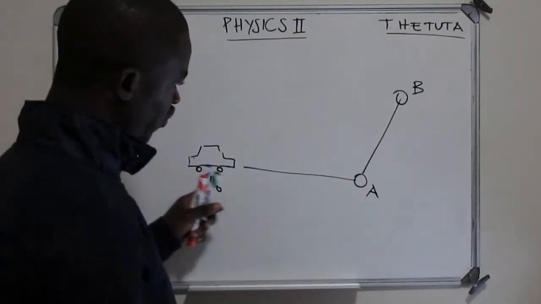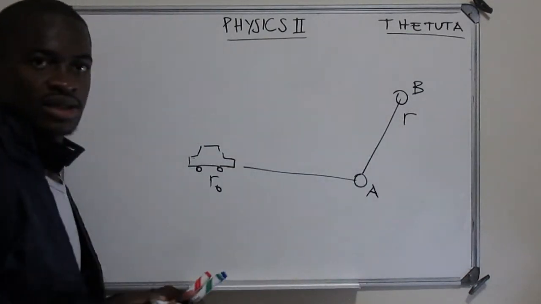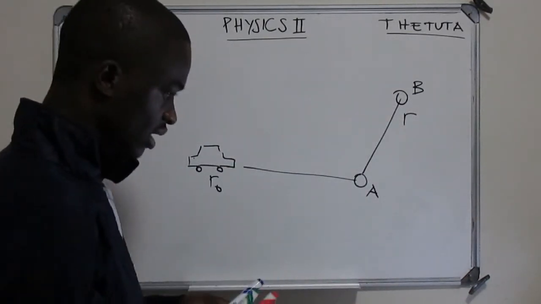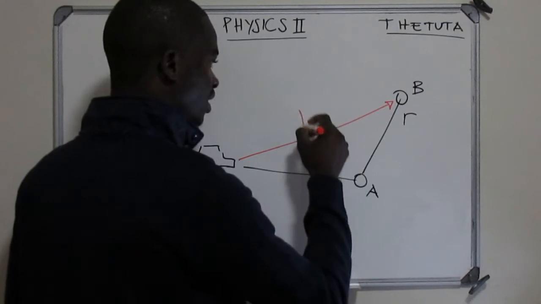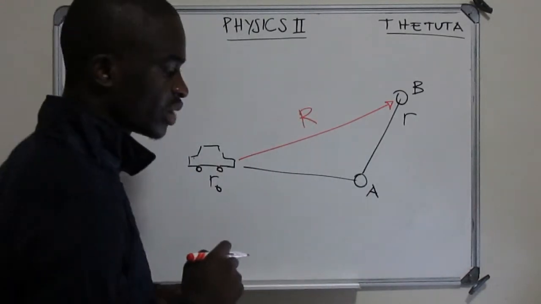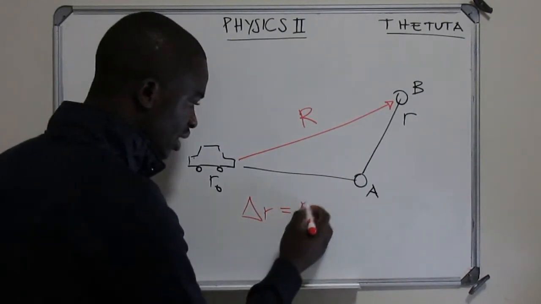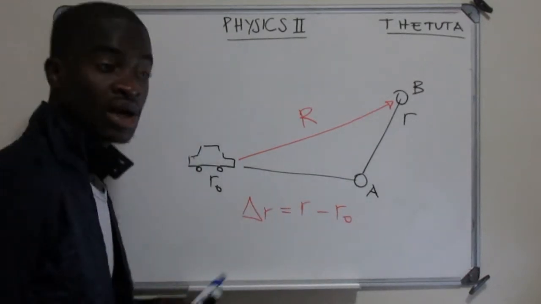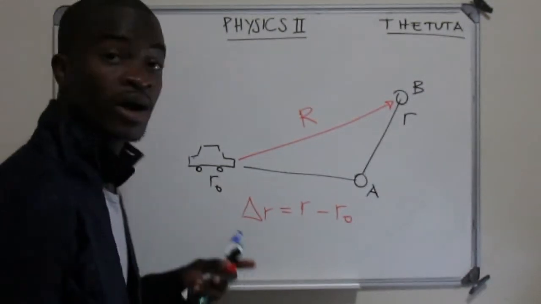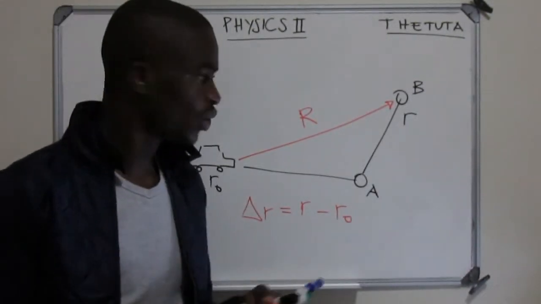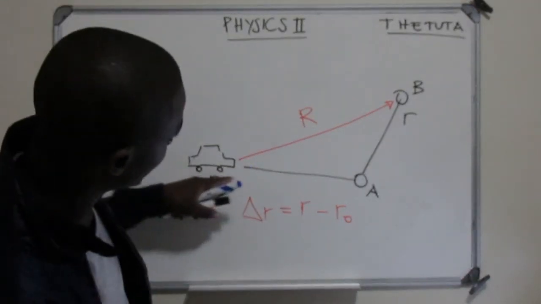we can see that this moves from an initial to a final distance. So there is a displacement of this car. In order for us to get the displacement of this car, it is going to be from the initial until the final. That will be our displacement, and more often it's all about the change in the distance. So it's gonna be the final minus the initial always. Or we can apply our cosine rule, our sine rule, or our Pythagoras to get this r, which is the displacement. It's all about a move from a specific point to another point.